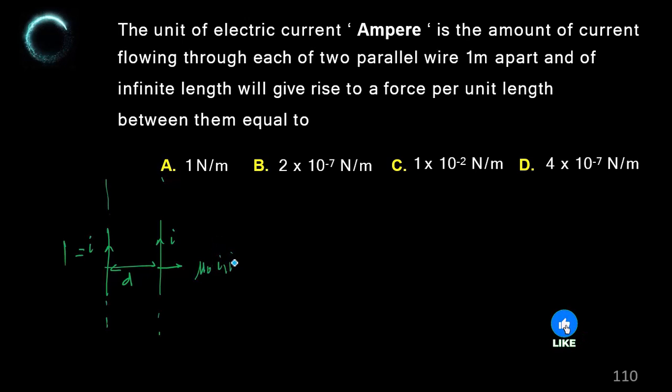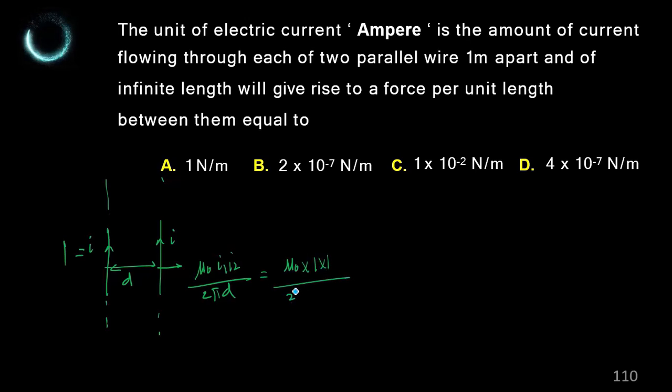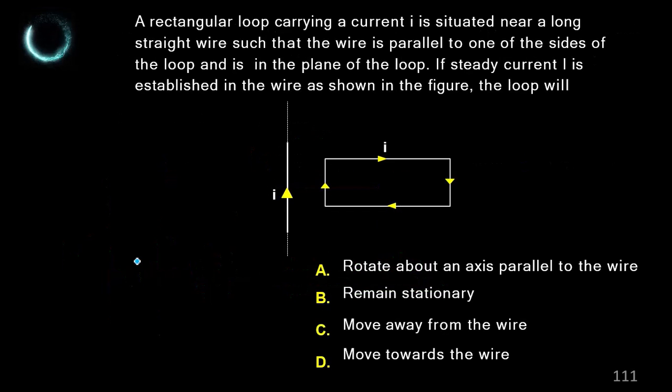I1 I2 by 2πd হয় না? So the force acting on this, এটা কত হয়ে গেছে? μ₀ রয়েছে I1 I2 মানে 1 ইন্টু 1 বাই 2πd, কত হয়েছে? 1 মিটার বলেছে নাকি? 1 মিটার, সো 4π ইন্টু 10^-7, তাহলে 2 ইন্টু 10^-7 হয় নিউটন পার মিটার। ওকে, এটা বল।